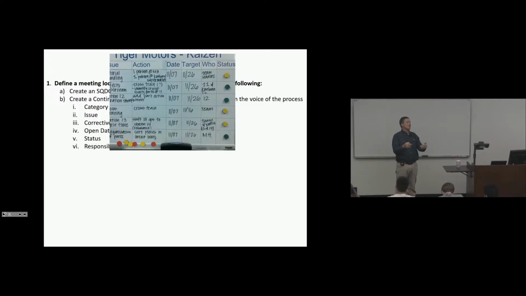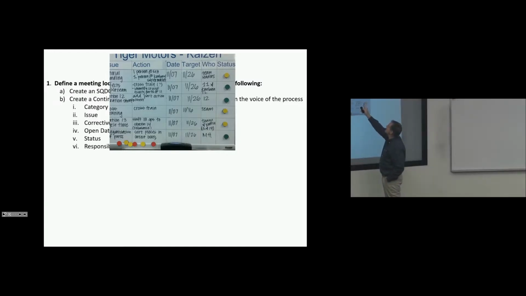Why we can't get parts out, or we have quality issues. What are we going to do, team, to redesign this work or solve this problem to where we can flow product at a much higher rate? And then you will say, this is the issue, we need this, we've opened it on this date, we want to have this complete. When will be a good completion date? Prior to the production run, I would guess, right? Yeah. And then who's going to do it?